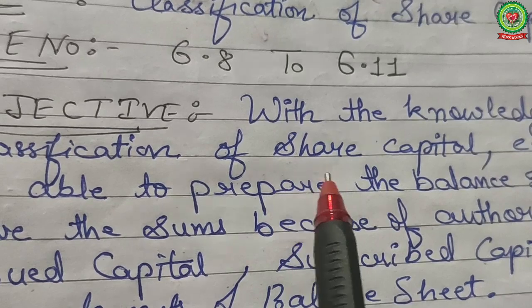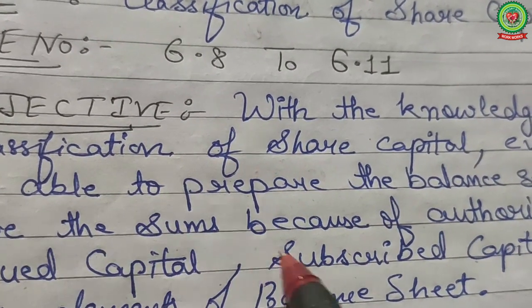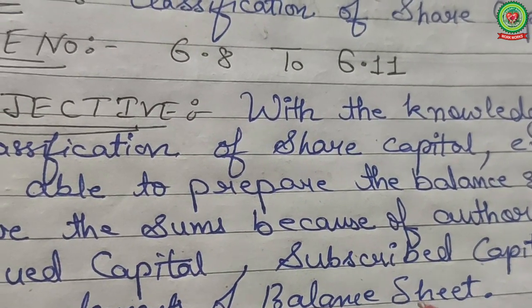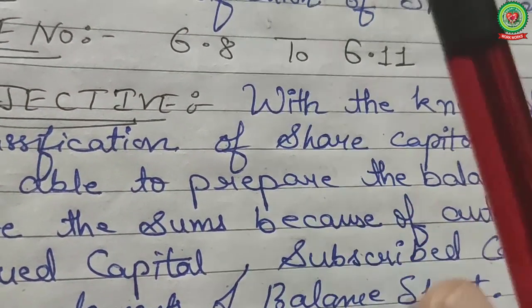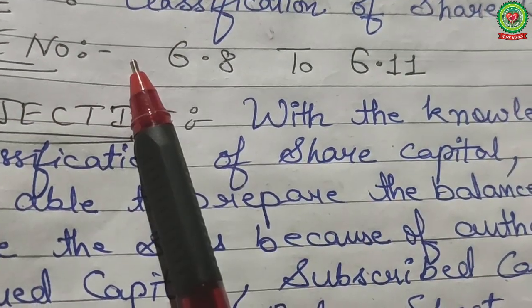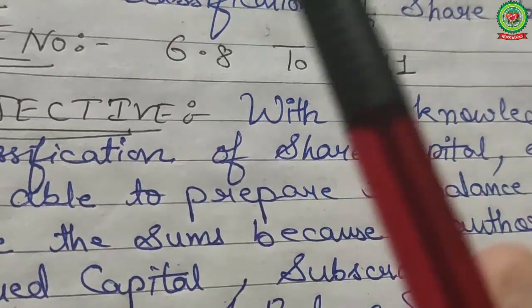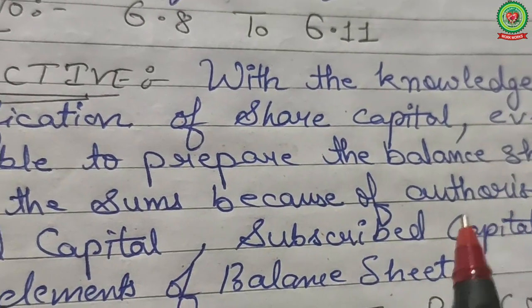With the knowledge of classification of share, everyone is able to prepare the balance sheet and solve the sums, because the authorized, issued, subscribed capital are the elements of the balance sheet. Now why is it required? Classification, why required? Whenever you want to solve the sums, first of all the main elements of the balance sheet, classification like authorized,